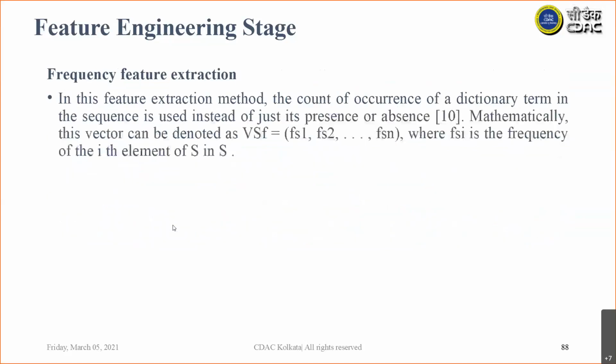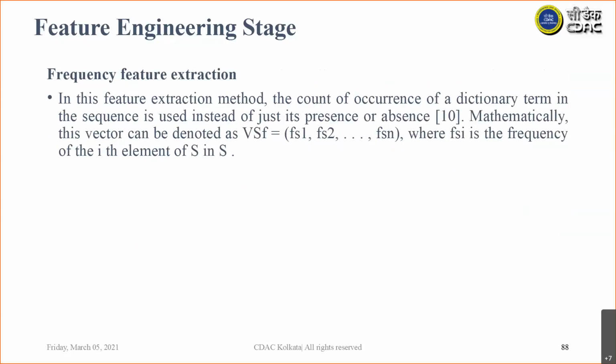One methodology generally used in feature extraction is frequency feature extraction. In this method, the count of occurrences of a particular feature in the sequence is used instead of just its presence or absence.